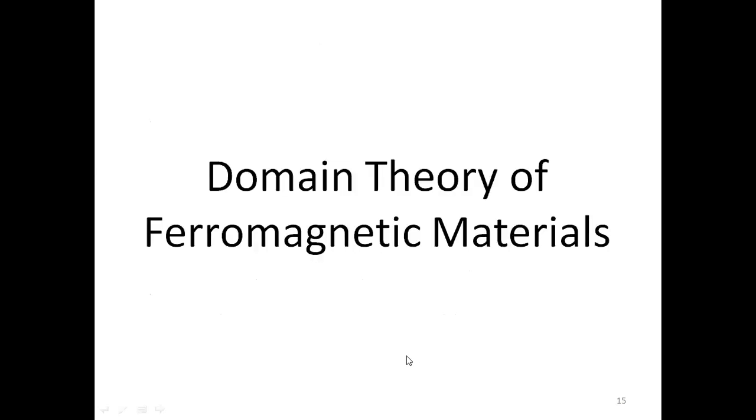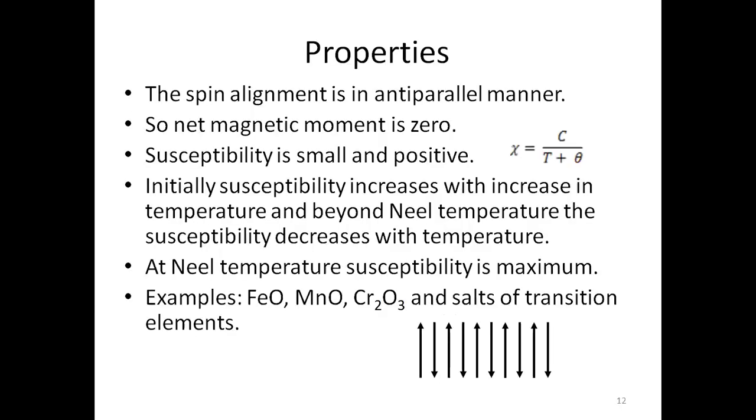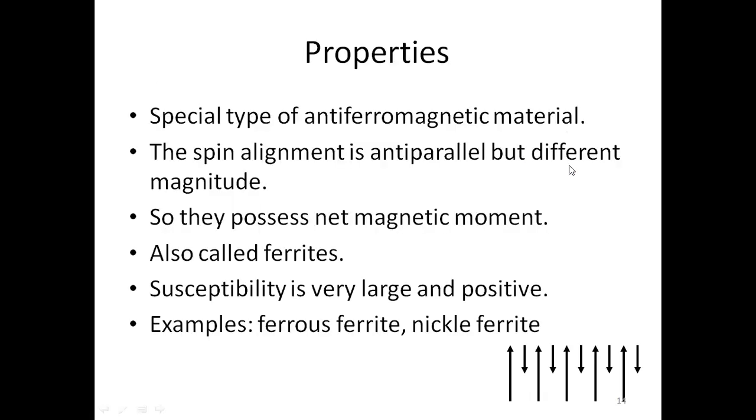In this particular classification of material, one thing that you need to understand is that, depending upon the spin alignments of the ferromagnetic materials, they have been classified into antiferro and ferrimagnetic material. In the antiferro, you'll find that the spin is anti-parallel. I'm talking about the spin, right? This is very, very important. And the susceptibility value is also C by T plus theta. Now, in ferrimagnetic material, the magnitude is somewhat different.